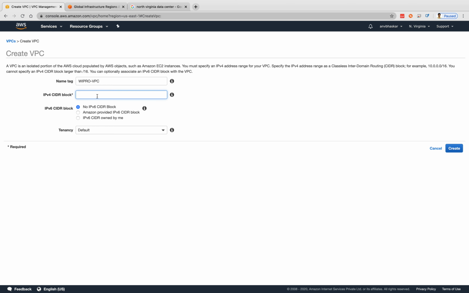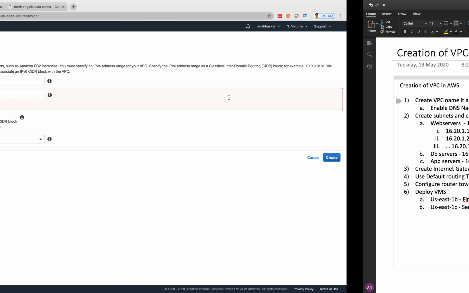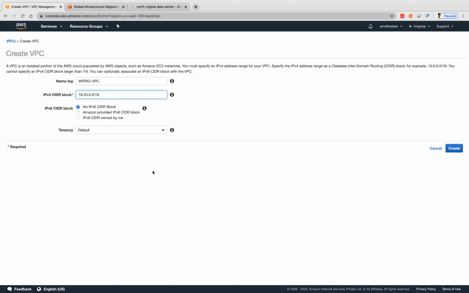See, IPv4 and IPv6. Assume now you are providing the IPv4 address range. This is the IP address we are planning to give. Go and click here. Now it is okay, no issues. Either you can give it in this way also. If you allocate 0.0.0.0/8, you get about 16 lakh IP addresses, that many machines you can create. I don't want that many, so I want to give this.